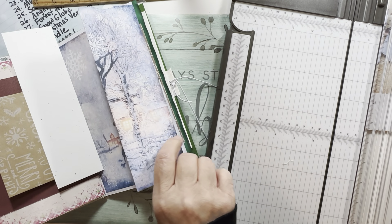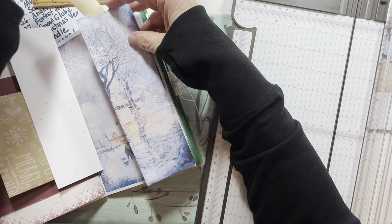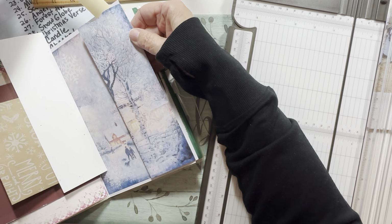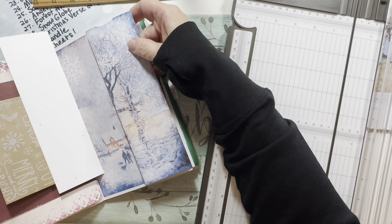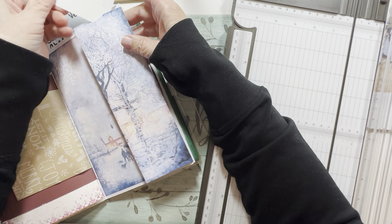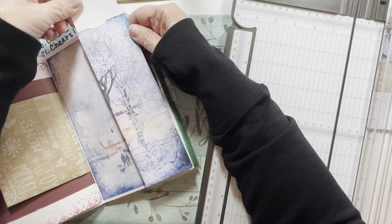What I could do, sometimes if you put your bone folder in there and kind of give it a little pokey along the side here without dislodging the glue part. Let's try it one more time. Kind of stretches it ever so slightly to make it fit better, but